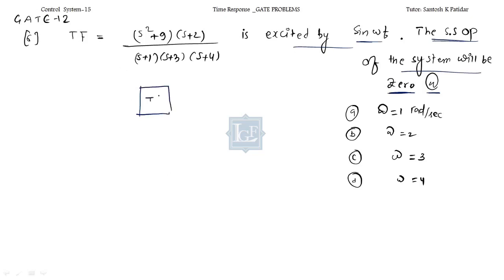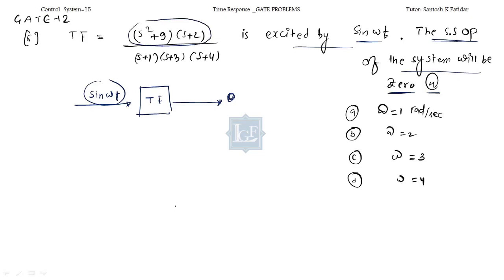Your system transfer function, to this system you are applying sine omega t. Now they are asking when the system output will be 0, at what frequency the steady state will be 0. The system is given by this, you are going to multiply this to this system. Correct. So when will we get the 0, when this part of the system will be 0, if numerator is 0,